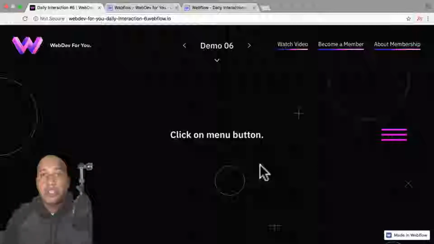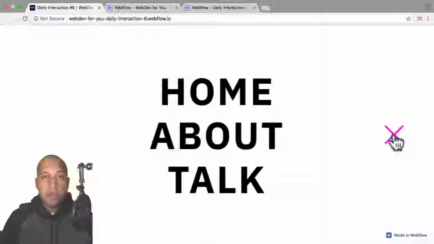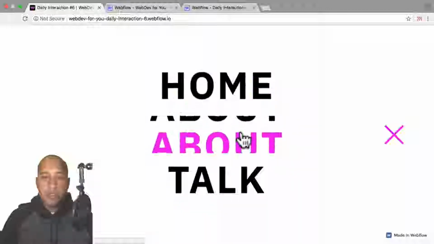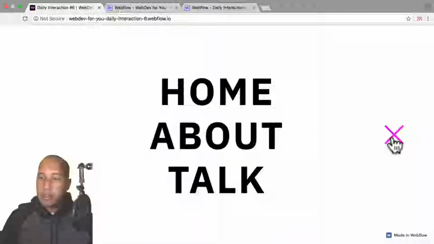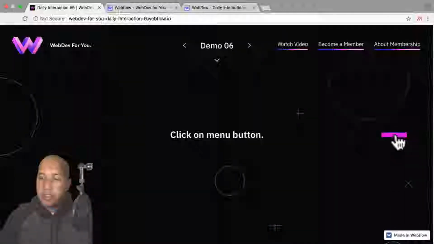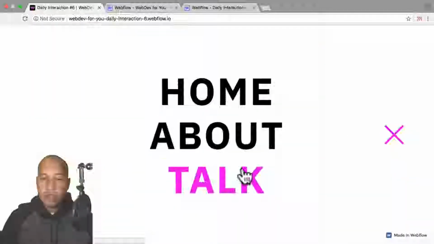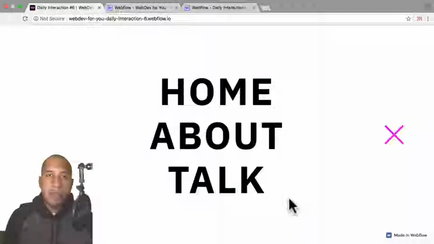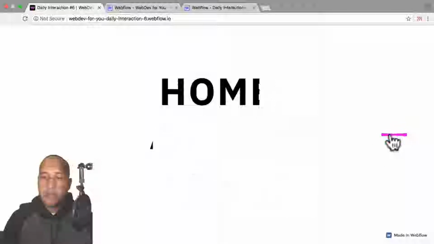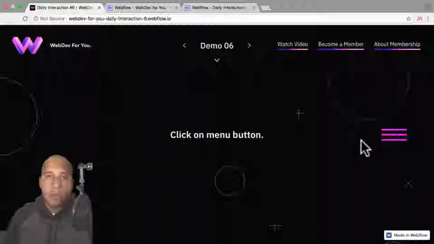Build a new interaction or animation in Webflow. Today we're going to build a full screen menu with a menu item animation. So here when I click on the menu trigger, we see the menu opens, and then when I hover over the menu items, we have this nice animation. All right, looks good. So first we're going to build all the elements for the menu, and then we're going to add the interaction. So it can make for a really interesting menu for your website.